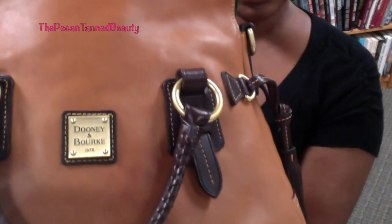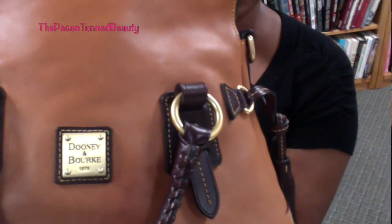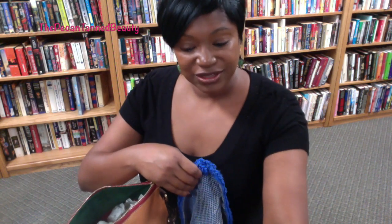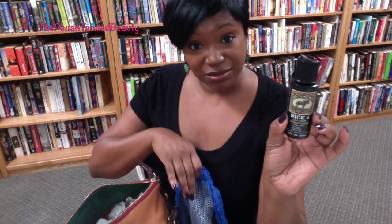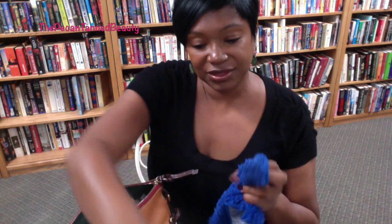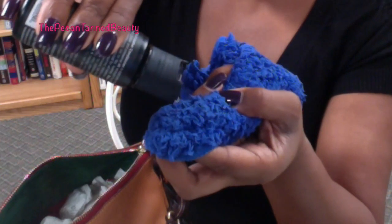And you can definitely tell the difference from here to the rest of the bag. Okay? So what I'm going to do next is take the Bic 4 conditioner and apply that to the bottom portion of the bag. So I'm just going to flip my rag around and take just a little bit of the Bic 4,